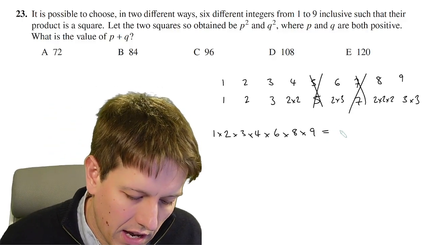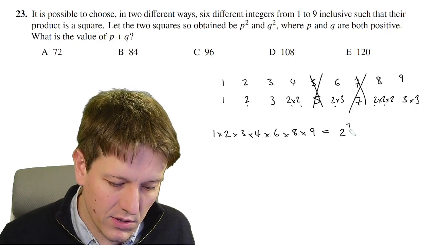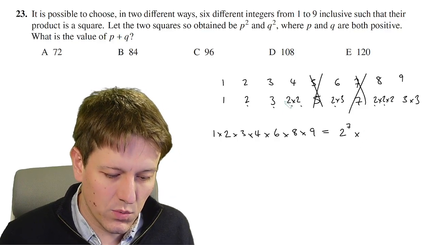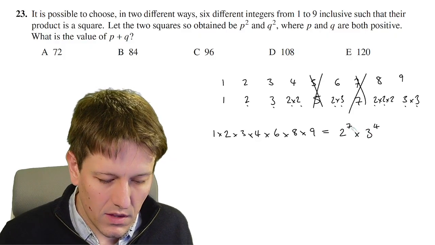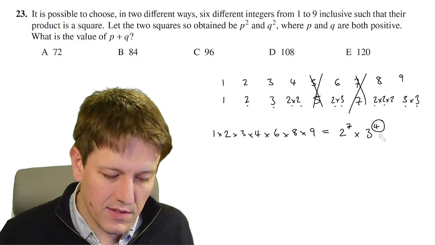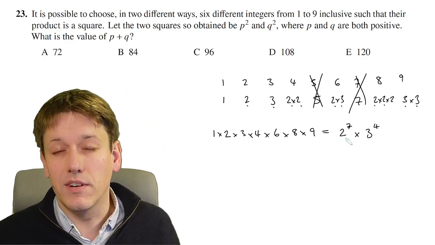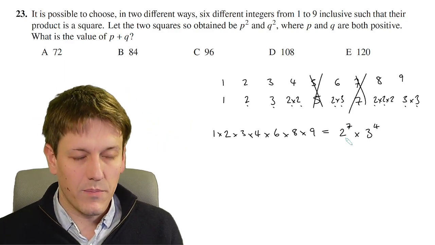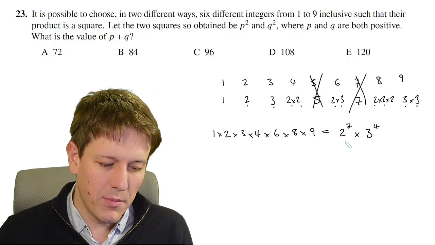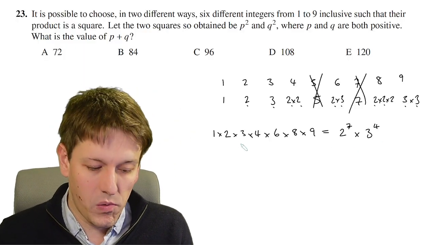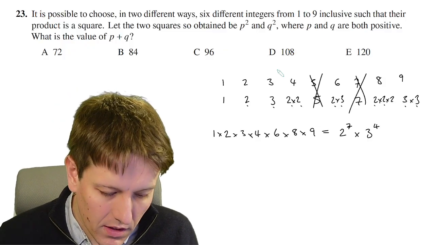So how many powers of 2 are there? Well, there's 1, 2, 3, 4, 5, 6, 7 in total. So it's 2 to the power of 7, and then there's 1, 2, 3, 4 powers of 3. So actually, this is fine for a square number, but this 7 would need to be an even number to make it a square number. So when I think, what numbers can I exclude to make this a square number, and I'm only allowed to exclude one number from the list to be left with 6 others, well,